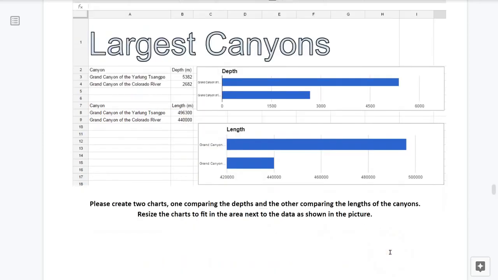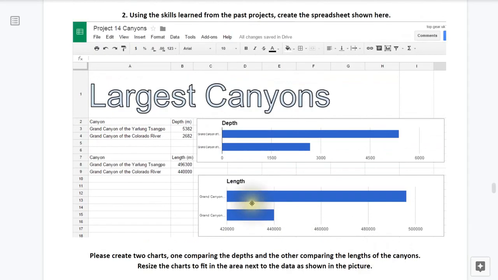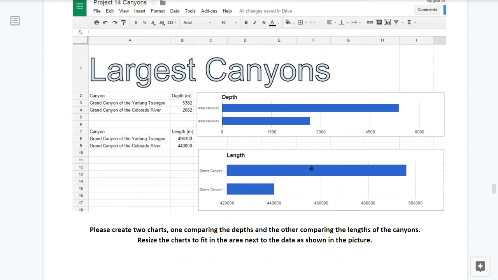Please note there are two charts, one comparing the depths and the other comparing the lengths of these canyons. Resize the charts to fit the area next to the data as shown in this illustration. So go ahead and enter in that data and hit the space key there to pause the video. Once you're done, hit the space key again to unpause the video.